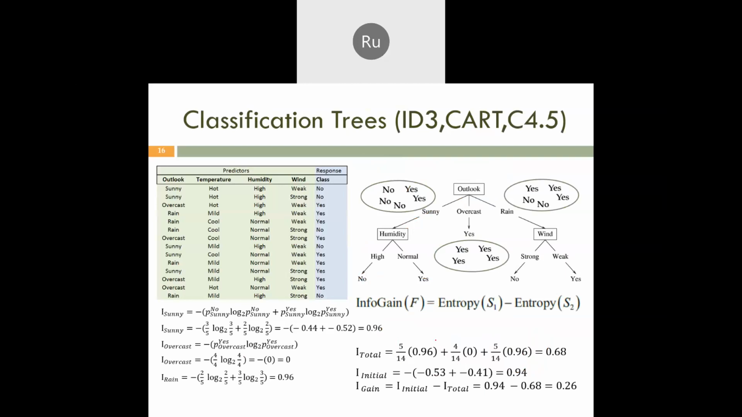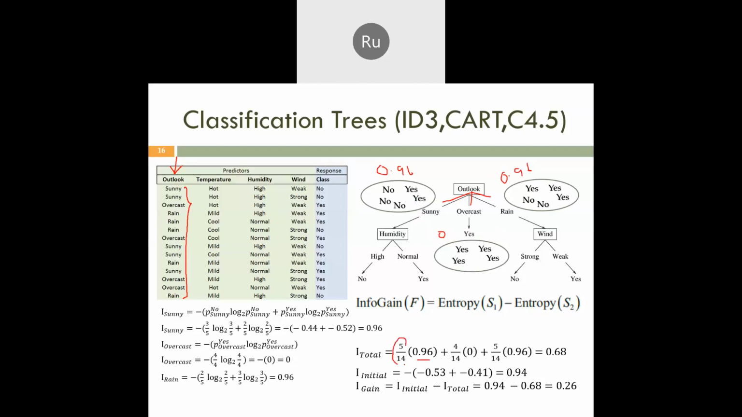Okay, let's go back to this example. From the calculation, we know that this is 0.96, and this is 0.96, and this is 0. To calculate the total entropy after splitting, because this way you split the data into three based on this variable or attribute and based on the value that we have here. So we split the data using this attribute, and after the splitting, we get this. So the total entropy after the splitting will be